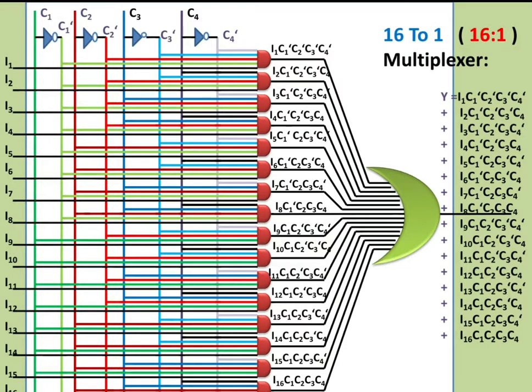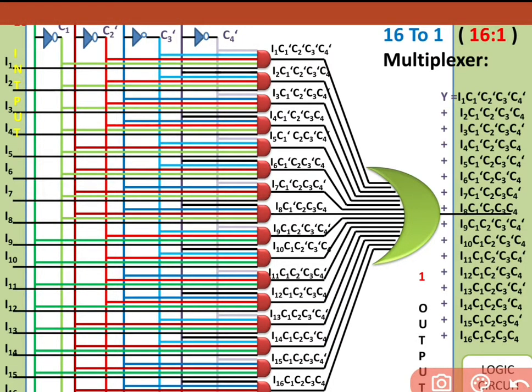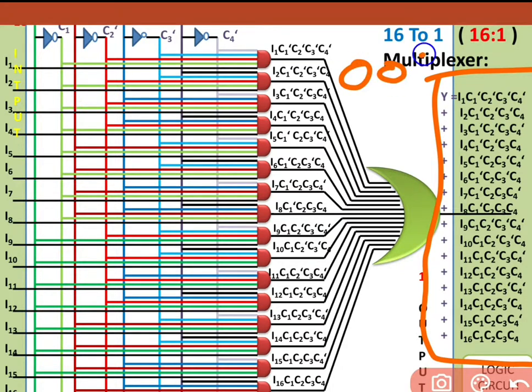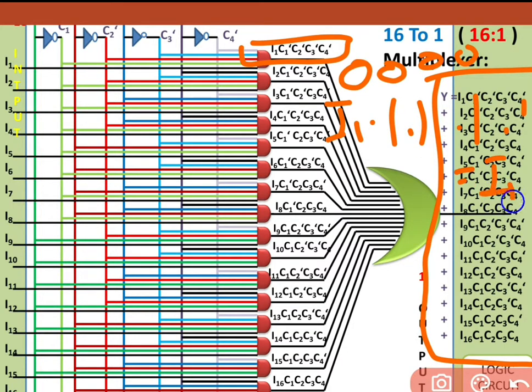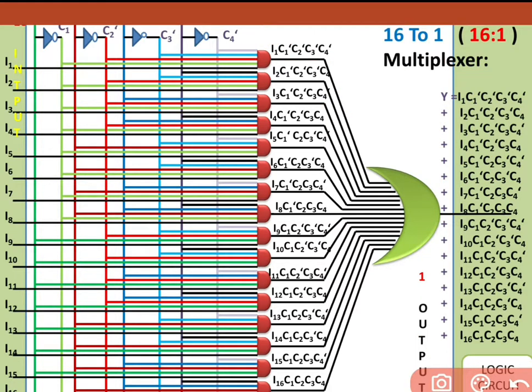This is our logic diagram in front of us. This is the logic circuit, we can say, 16 inputs, 4 control signals and 1 output. You are having each and everything in front of you all. I had written this one as our expression. You have to focus that when you are providing 0, 0, 0, 0, then this equation provides you I1 dot 1 dot 1 dot 1 dot 1, which means the answer will be I1. The same working, you can go through it.